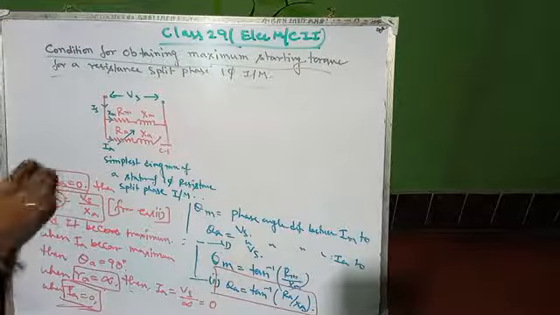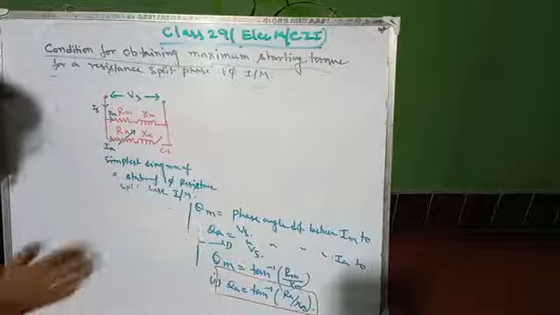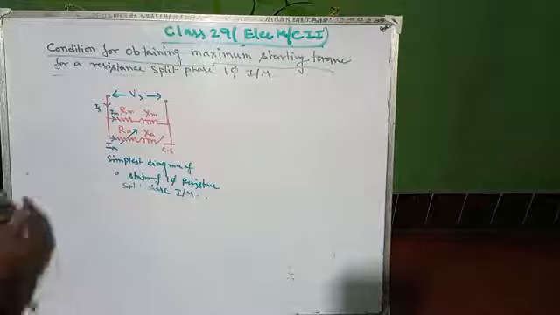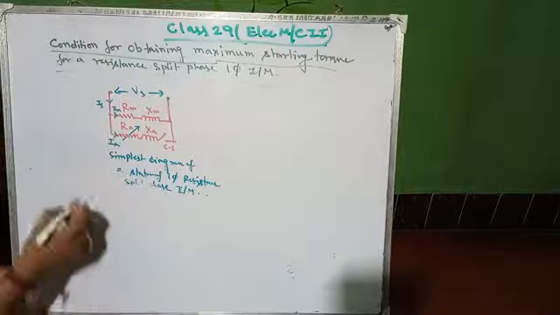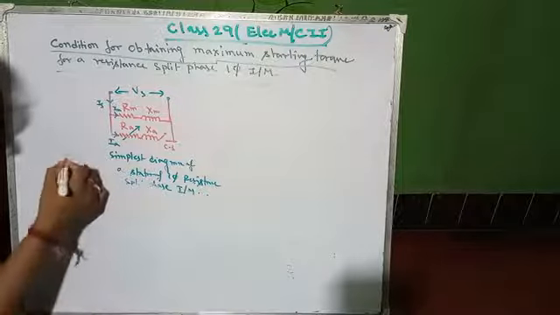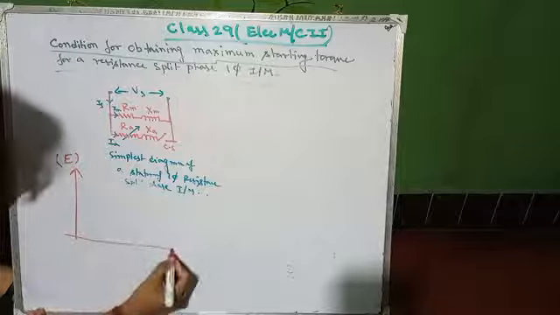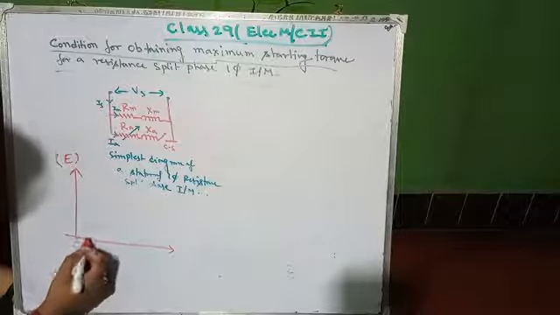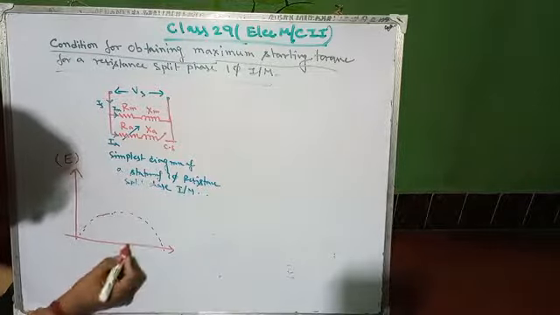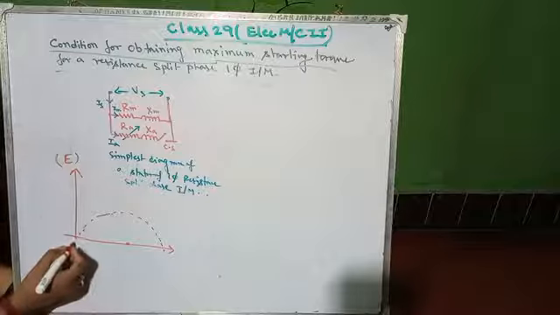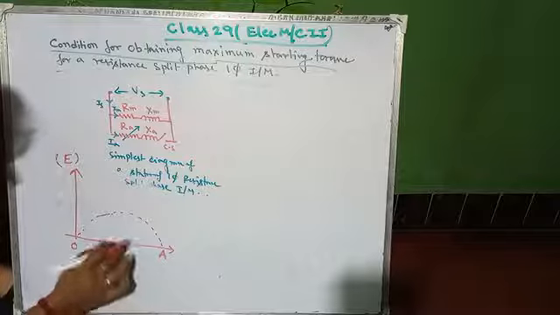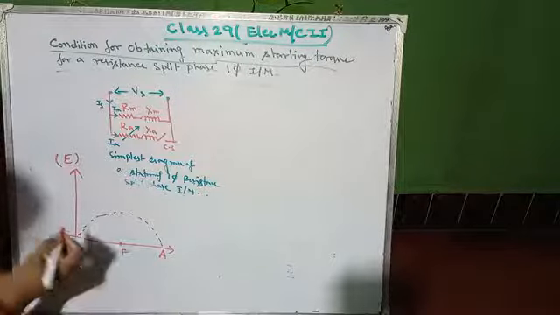Okay, so from this concept we can draw, right? From the above discussion we can draw that Ia will be maximum only when the following phasors meet. So make the E axis, and first make a semicircle. The midpoint of the semicircle, so please do it. First make a semicircle OA, and suppose the midpoint is F.